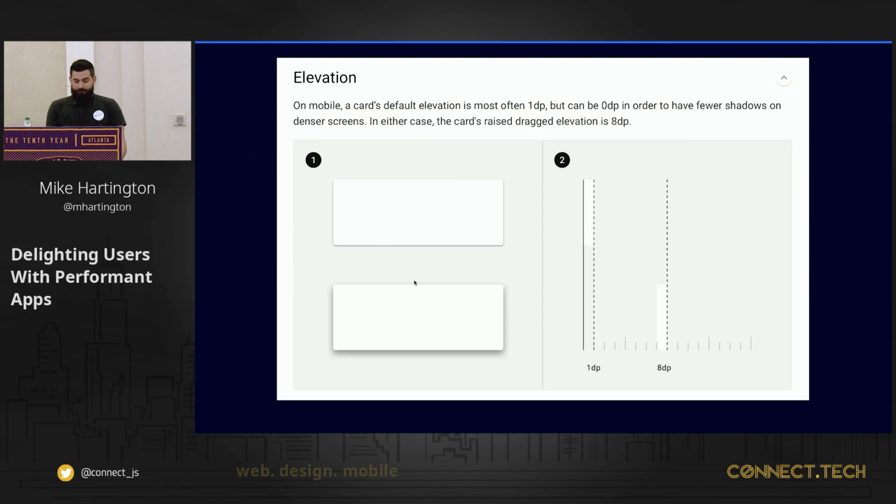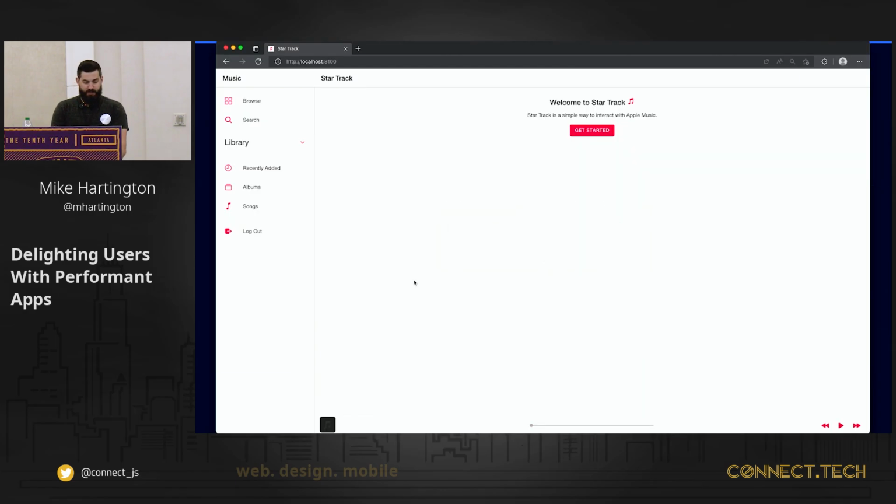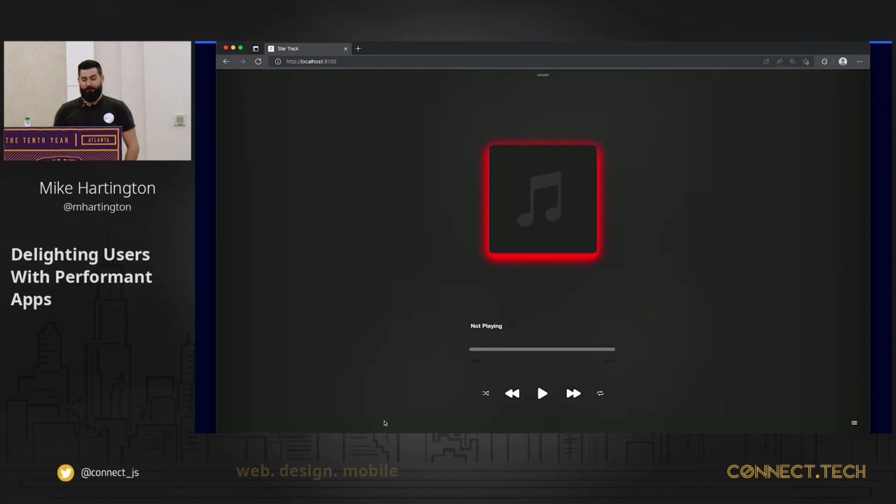Really good starting point. I tried to throw it in my app, and then I wanted to do a stress test on this. And you can't see it really well in here, so we're going to go over to Edge, and we're going to open this up to see how this looks. So this is the shadow that we get from just copy and pasting code from the internet. I've changed the colors to just be red because that is the best way to show it on a large screen. And while this is just doing a keyframe animation for stress testing, we can see the impact of this